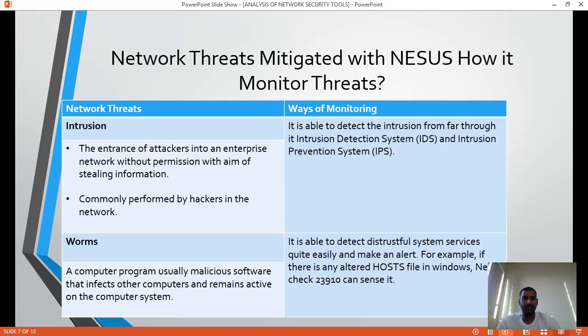First threat is intrusion. Intrusion is the entrance of attackers into an enterprise network without permission with the aim of stealing information. It is commonly performed by hackers in the network. So Nessus is able to detect the intrusion via intrusion detection system, IDS, and intrusion prevention